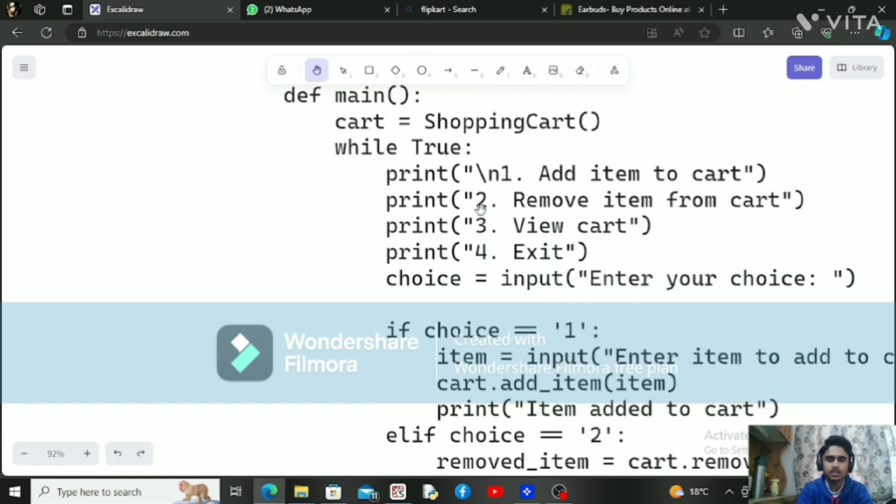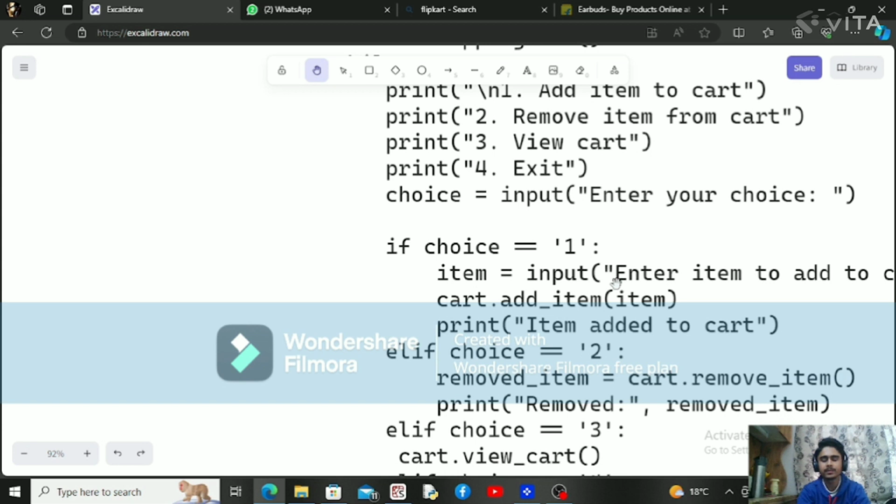So here we can also see that loops are also used. While loop. Here we can see how the while loop is used. A while loop repeatedly executes a block of code as long as the specified condition is true. Like in this statement, if the item is added to the cart,